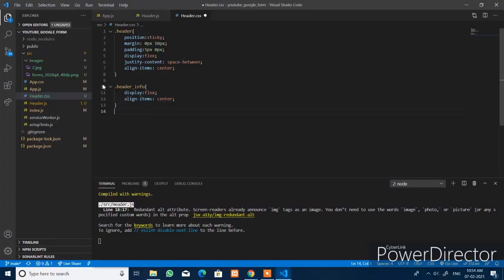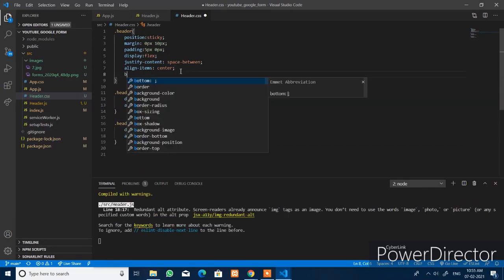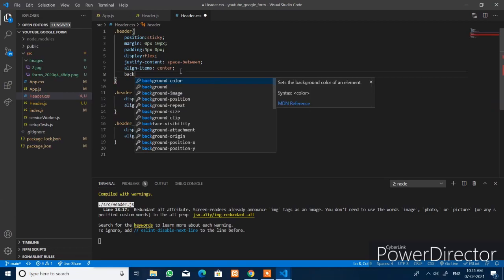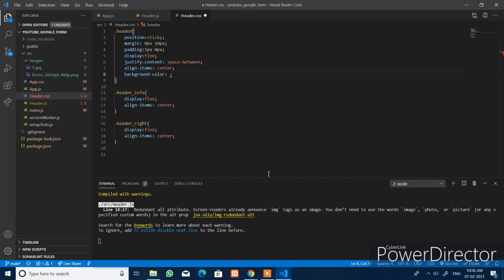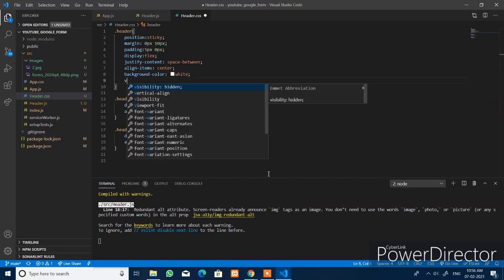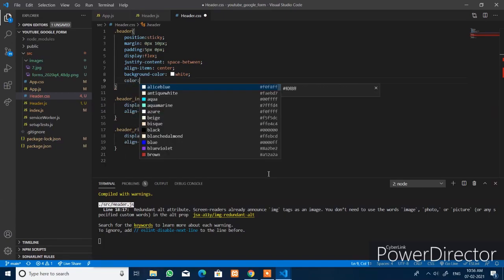Dot header, for the whole header, you add the background color. Give the background color white, and the text color make it black.